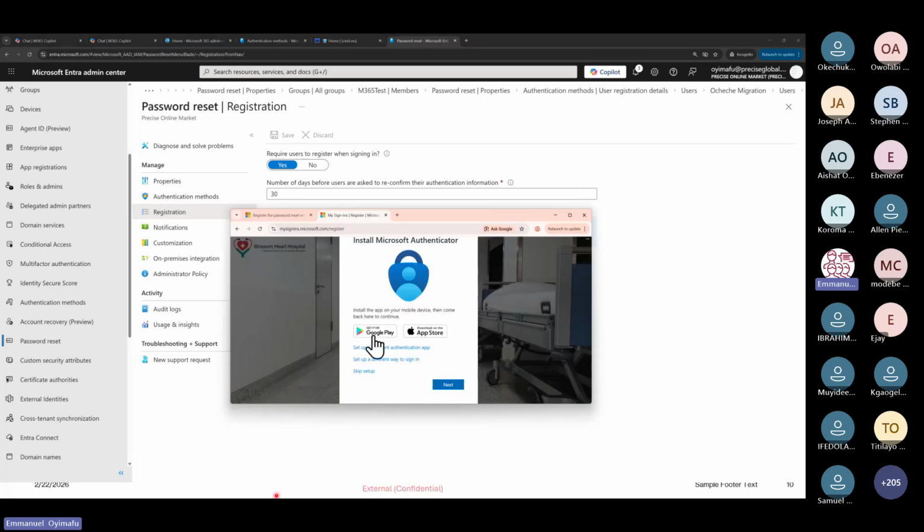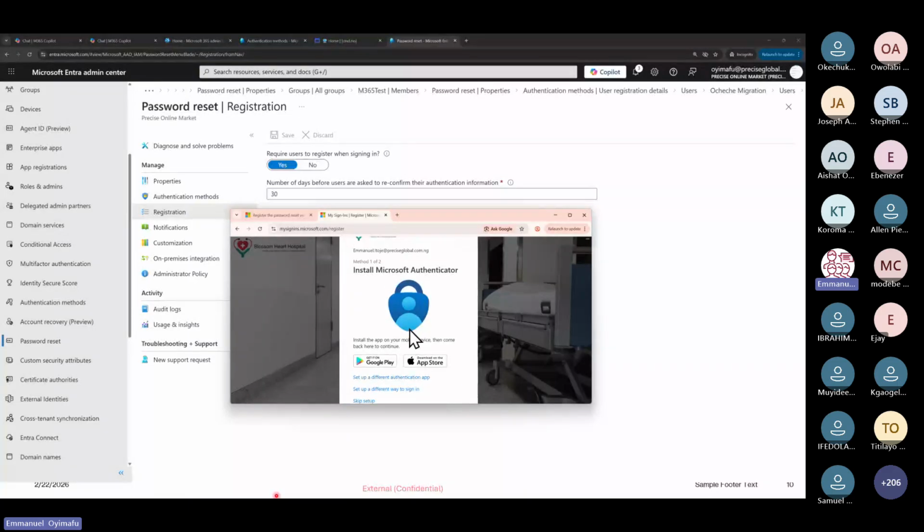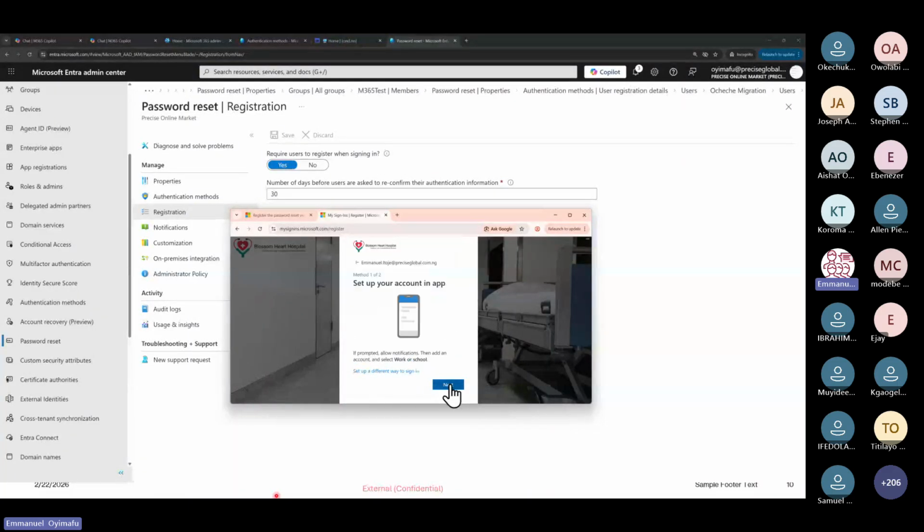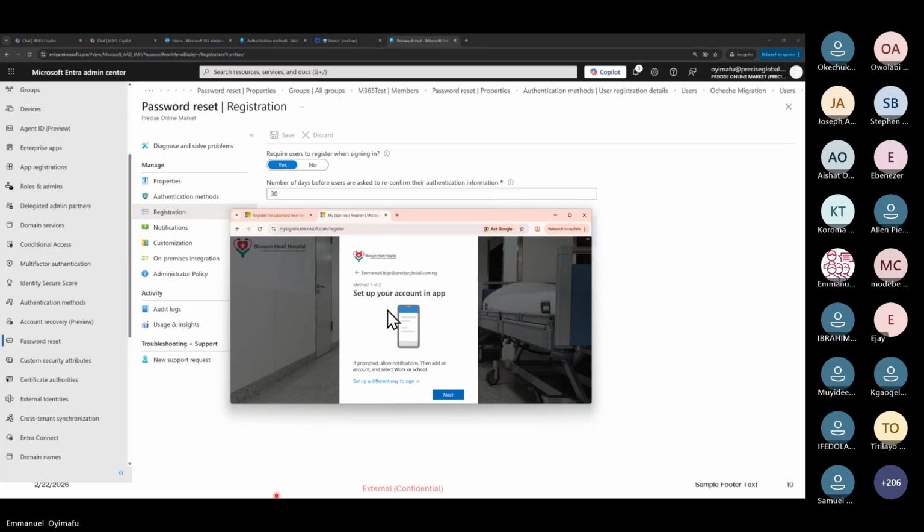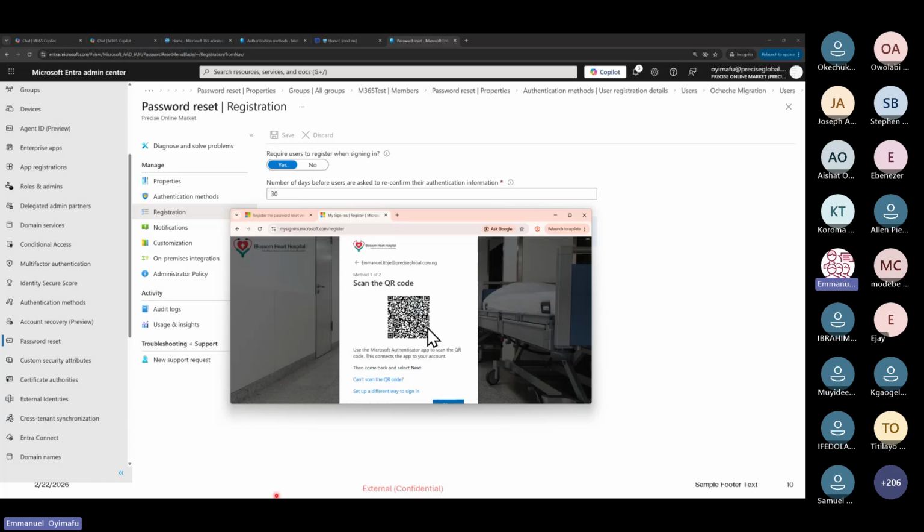Now they are telling me that I have to install the Microsoft Authenticator app, which I have already done. So I'll do next. Then I'll set up the account. Let me do next. They're supposed to give me a barcode, so I'll scan this barcode. If you are following along and doing this, all you need to do is open your Microsoft Authenticator app.